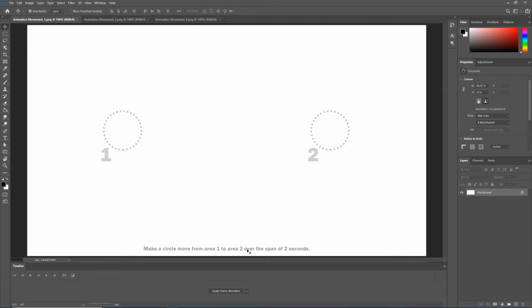Now, we've already been working with frame animations in the previous tutorial. We're not going to be working with frame animations anymore. We're going to be working with what are called keyframe animations. To do this, we have to change what type of timeline we're working in. In this case, I want to create a video timeline, not a frame animation. Go ahead and click on the word Create Video Timeline, and then click on the physical button in the center